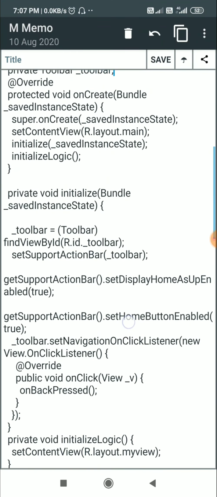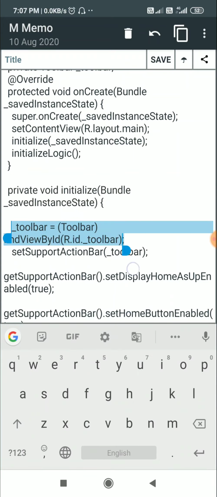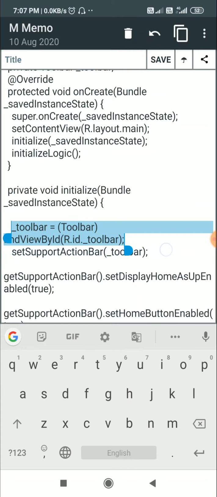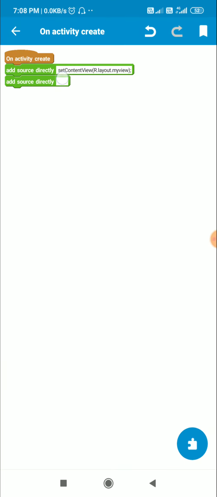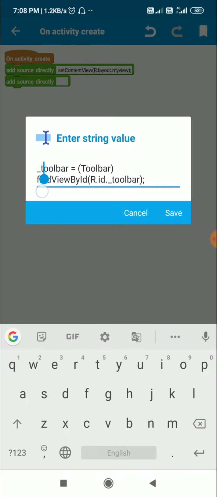So here they have toolbar. I'll just copy this and paste it here. So this is the code for defining _toolbar equal to toolbar findViewById R.id._toolbar.